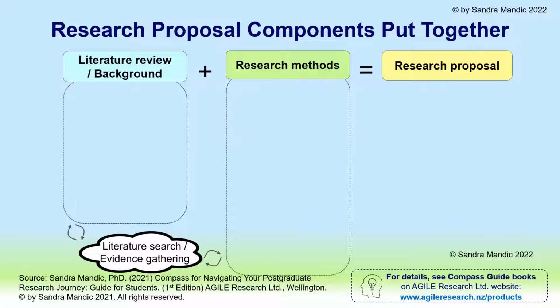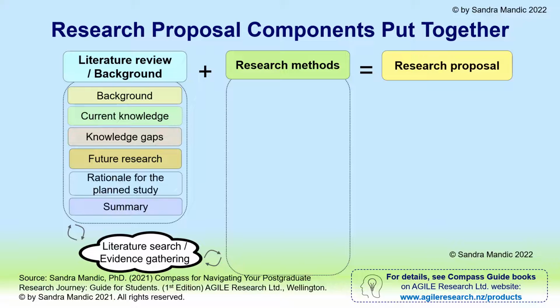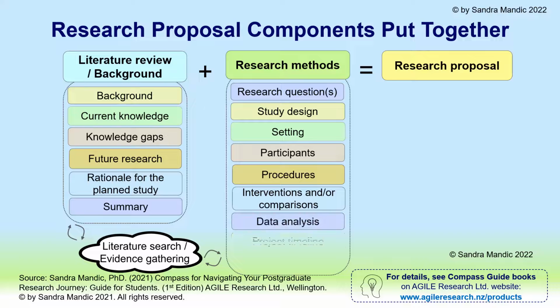This slide presents visually research proposal sections put together. As discussed, the main sections of your research proposal will be background and rationale section, which is your literature review, and the section describing your proposed research methods. Research proposals should communicate what is already known about a particular research topic and what the knowledge gaps are. The proposal should also clearly outline research questions, describe the proposed research methods, and provide information about project cost and